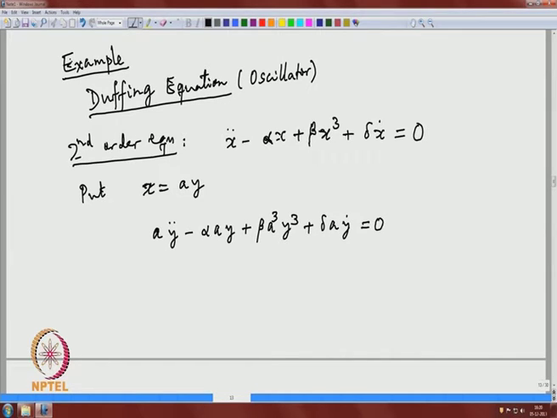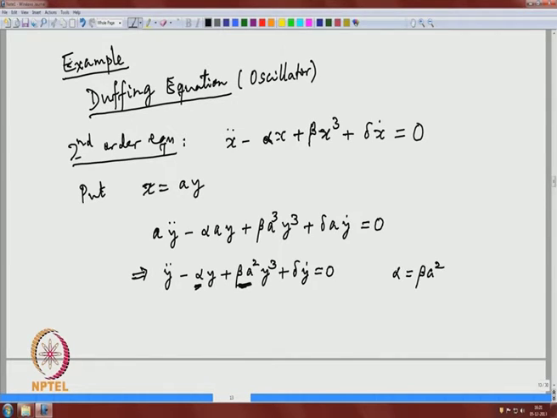So, I am going to divide by a throughout. So, this implies y double dot minus alpha y plus beta a square y cube plus delta y dot. Okay. Now, I choose my a. So, see here there is alpha, there is beta a square. So, I want to make them equal. Okay. So, I choose alpha equal to beta a square,